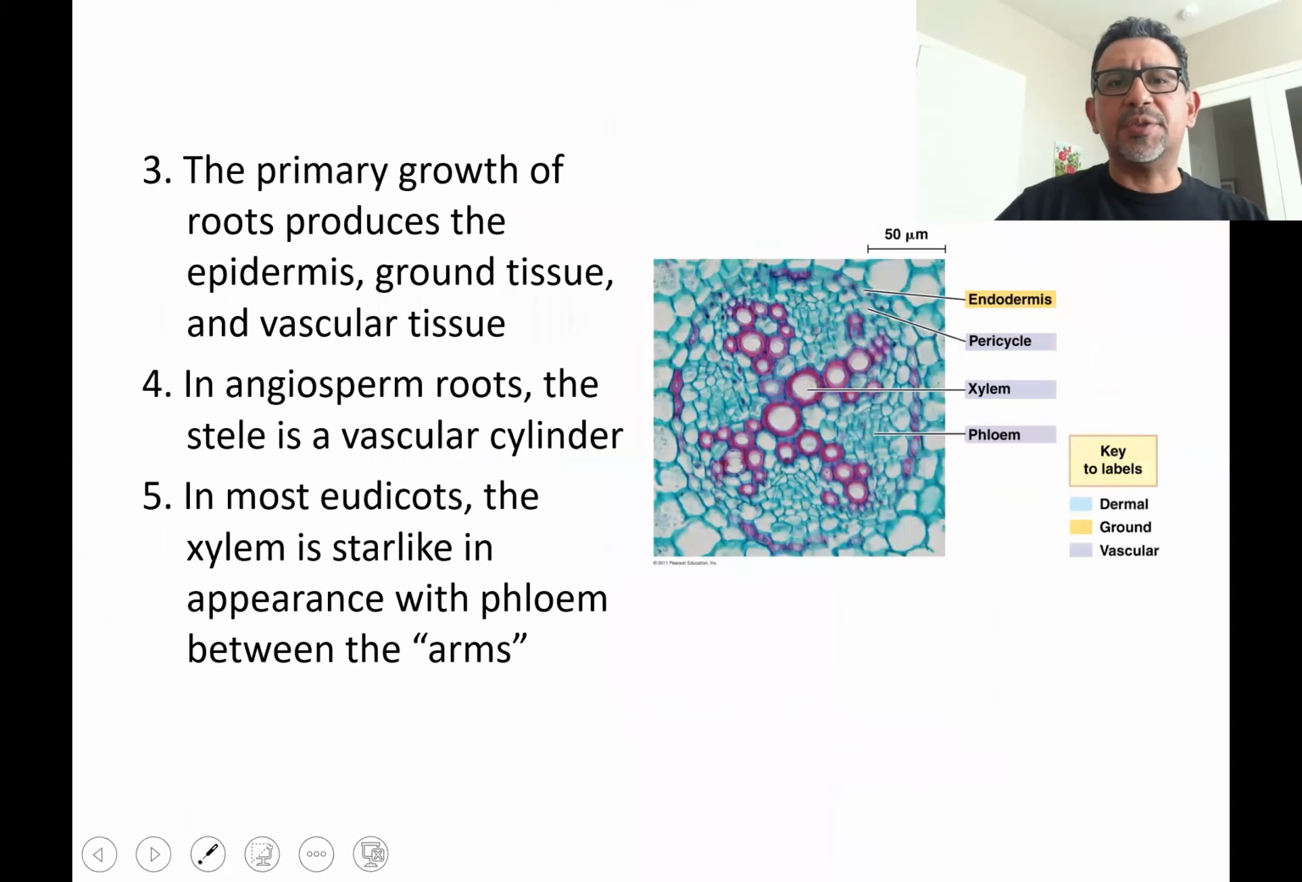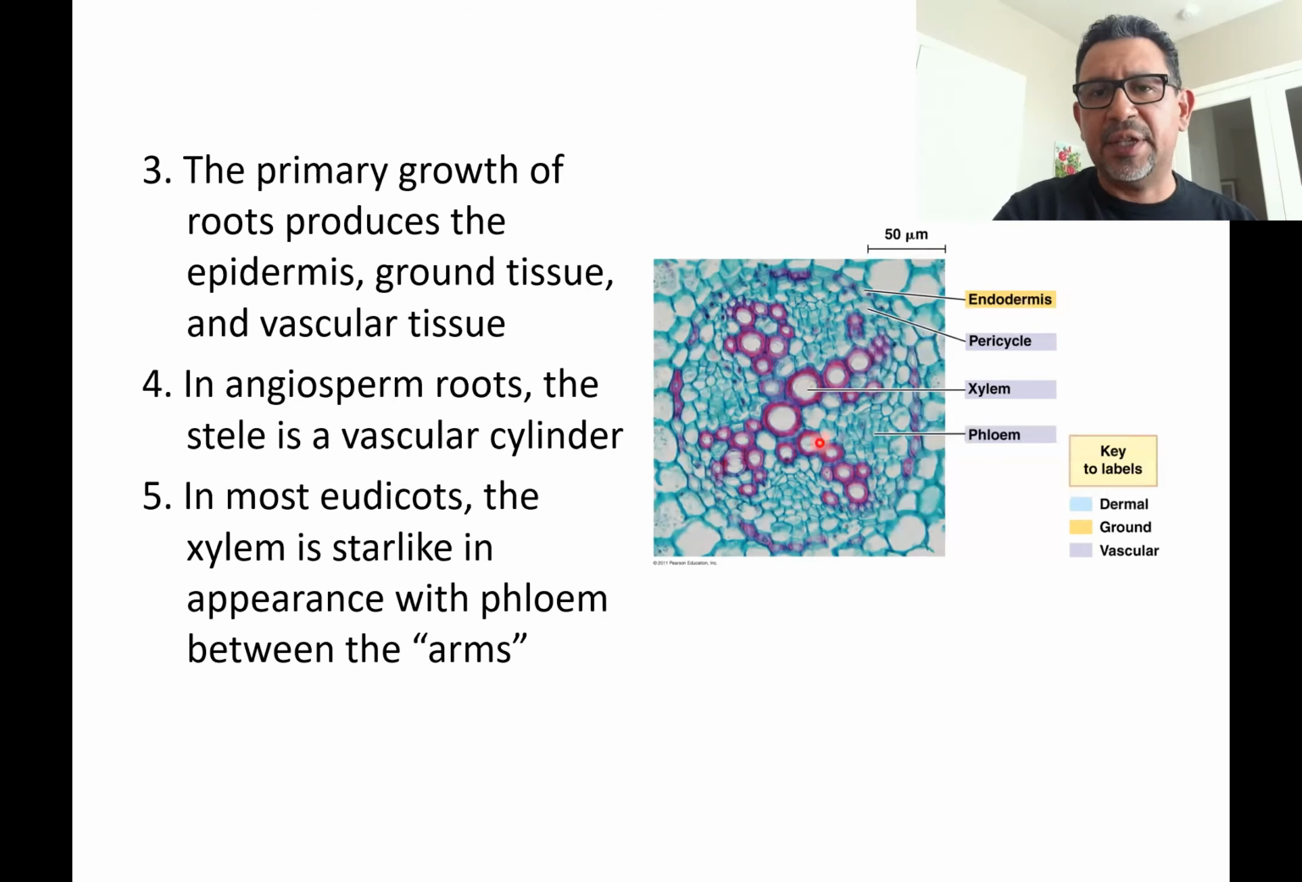So that is with regards to roots. The primary growth of roots is going to be responsible for producing everything: epidermis, ground tissue, like this cortex you see here, which is going to be a type of parenchyma. Here we're going to see the vascular cylinder, which is going to be characterized by, in the case of eudicots,